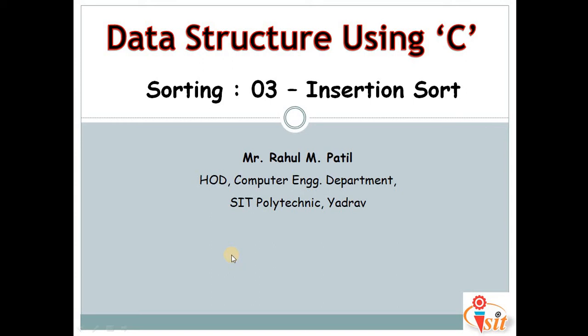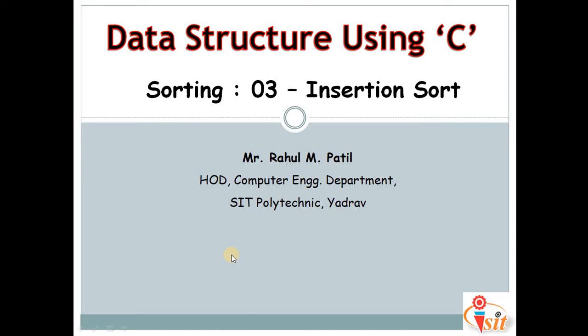In our lessons on sorting algorithms so far, we have talked about two of the sorting algorithms, selection sort and bubble sort. Now in this lesson, we are going to talk about another sorting algorithm named insertion sort. Insertion sort is not the best sorting algorithm in terms of performance, but it's a little more efficient than selection sort and bubble sort in practical scenarios. So let us see what it is.